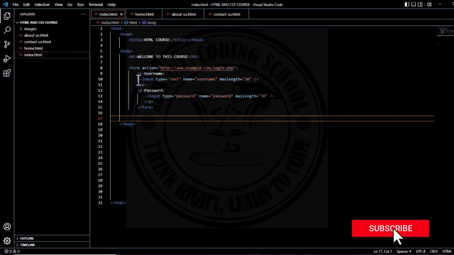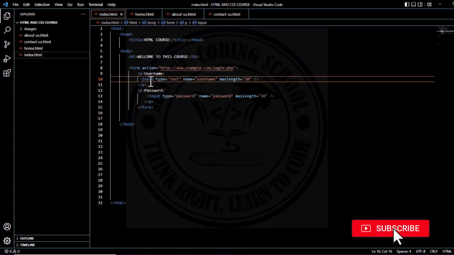Now you realize that this input is an empty element, so it has no opening and closing tag. This as well,